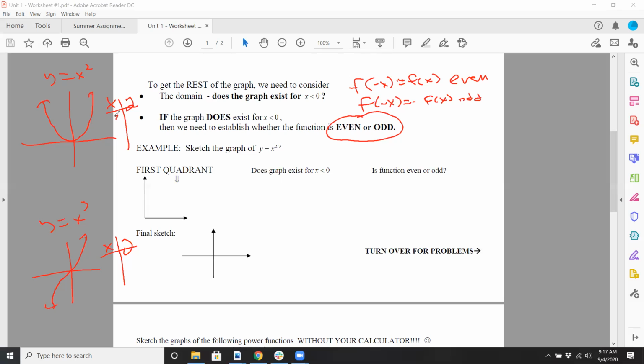Obviously, when x is 2, y is 4. When x is negative 2, y is still 4. So what this tells me is that f of 2 equals f of negative 2. That totally follows that rule right there. And also we notice that it's symmetric